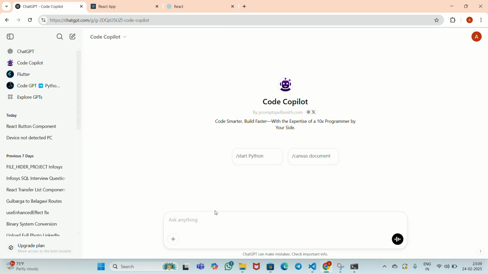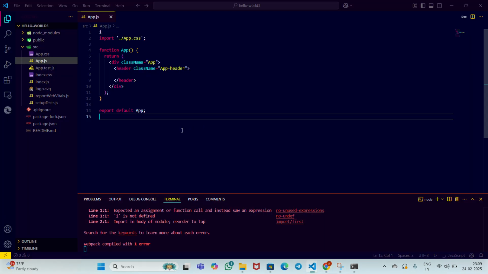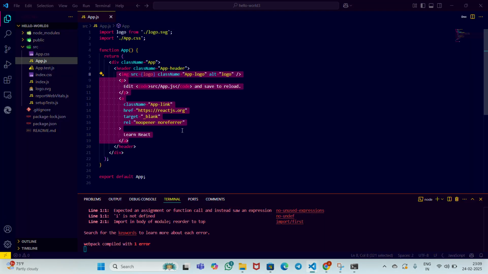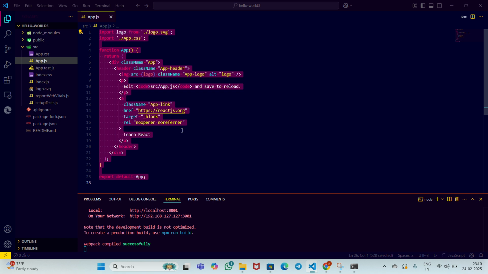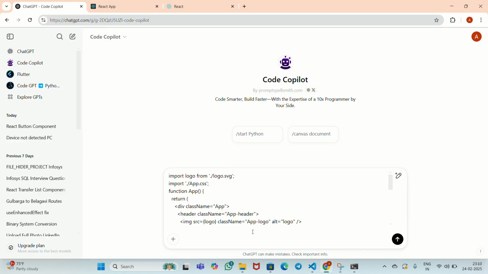Here in ChatGPT, firstly we have to copy this entire code and then go to ChatGPT and paste it. And here after pasting we have to type